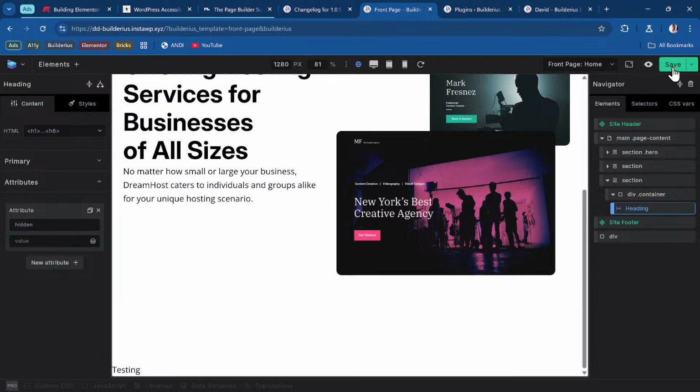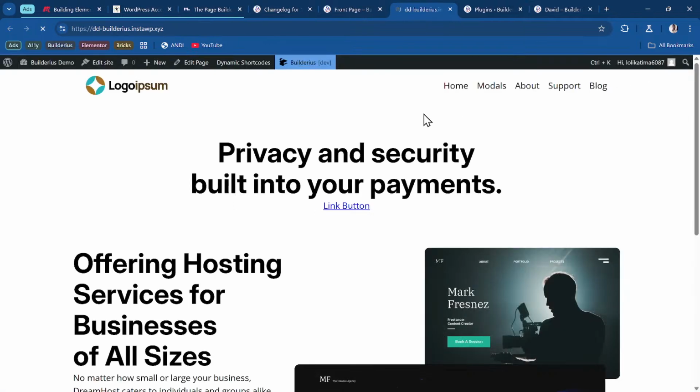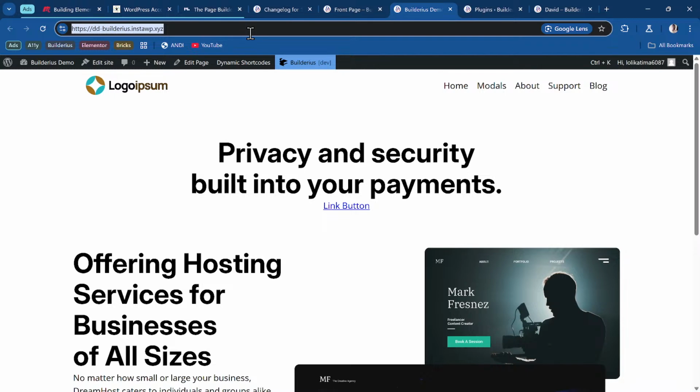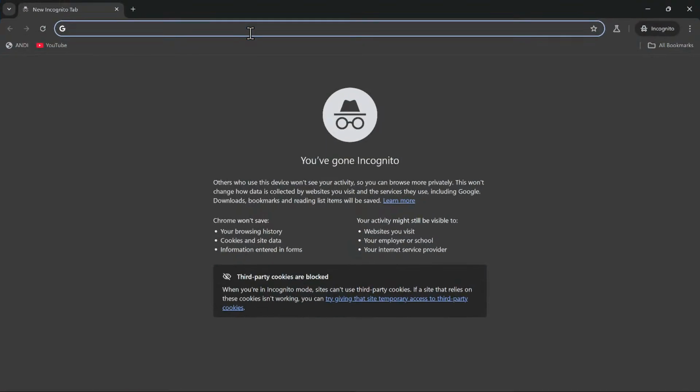And I save it. Let me go ahead and preview it on the front end. Something I forgot to mention at the beginning of this stream is that if you try to check the sites